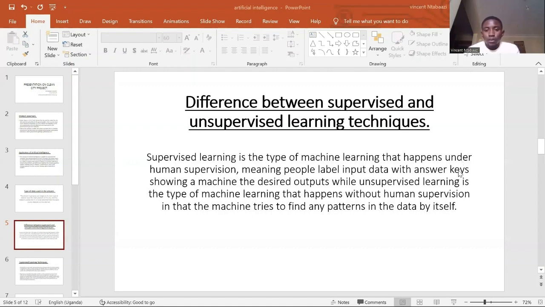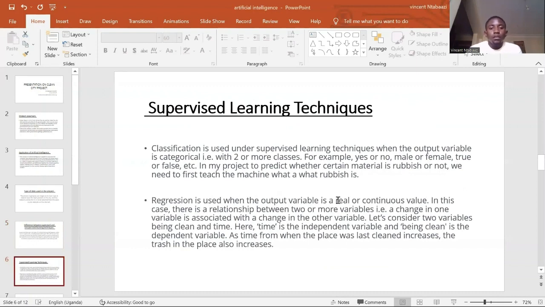While under unsupervised learning technique, you just give the machine input and it tries to find a pattern for itself in that data that you have given it. So there's basically no human supervision in unsupervised learning. Then the way that the supervised learning techniques were used, could be